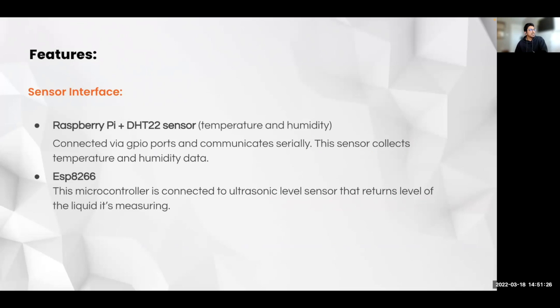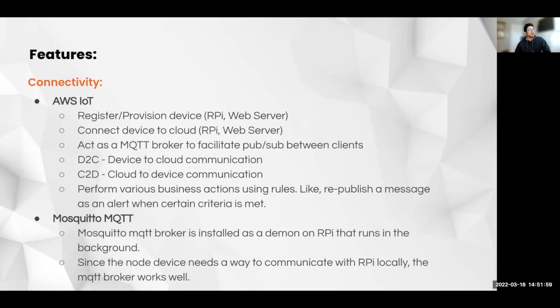So the sensor interface. The Raspberry Pi is connected to a temperature DHT22 sensor. It is connected via GPIO ports, and the communication happens locally via serial communication. And then there is an ESP8266 NodeMCU, which is again connected to the ultrasonic sensor. It is used for measuring liquid levels, and the communication between both happens locally over an MQTT topic. So the next is